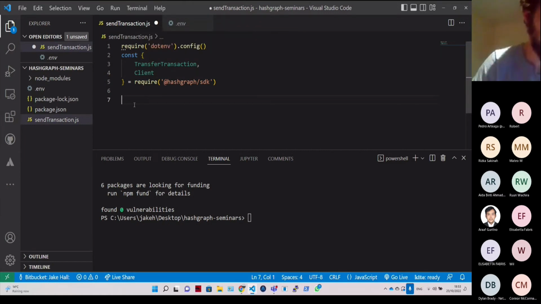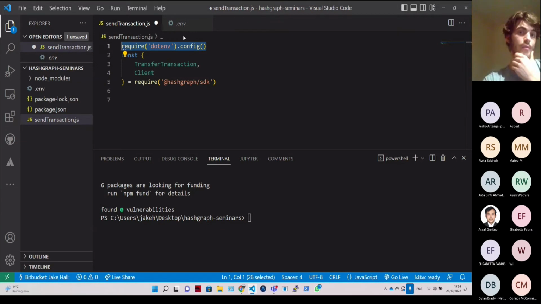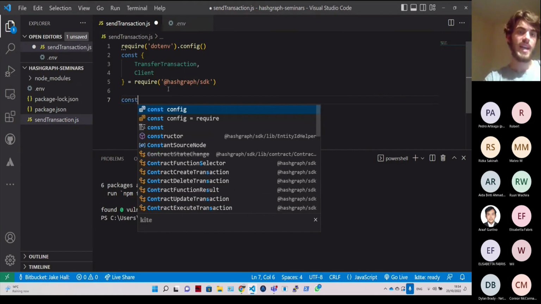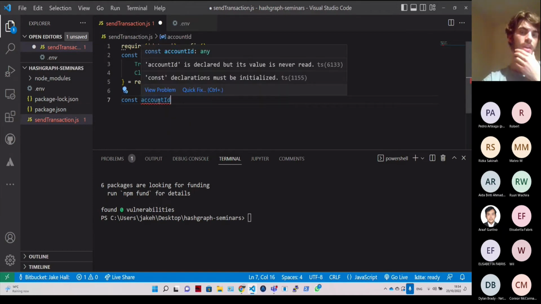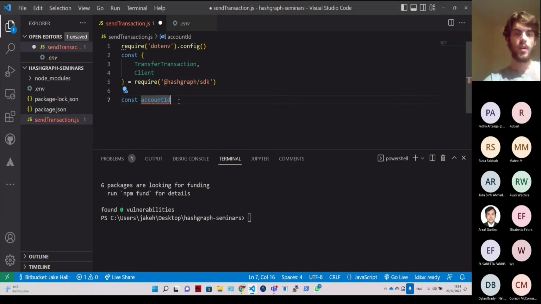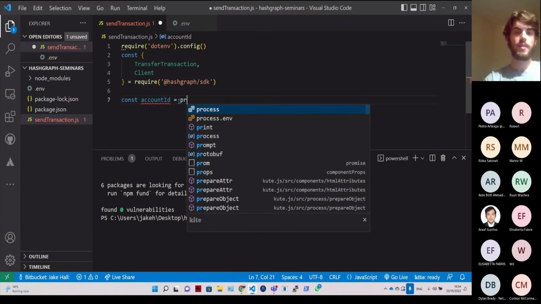Before we get started, we've told the program that we want to take the variables from this .env file, but we haven't actually attached them to any JavaScript variables. So we're going to do that now. We're going to say const account ID. Now you might be saying, oh, why is it not called account ID like we did it in the other file? You can do it like that. However, in JavaScript, like I mentioned with the file name, you do this thing called camel casing. So we're going to stick to convention, and that's going to be equal to